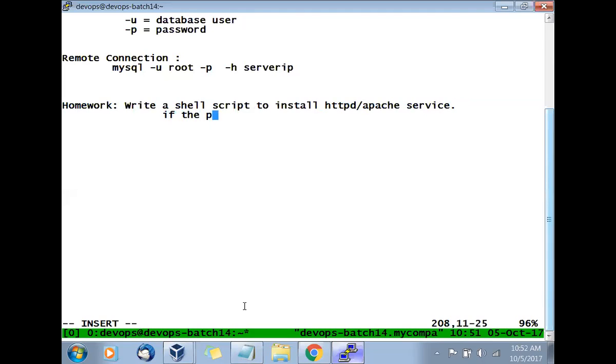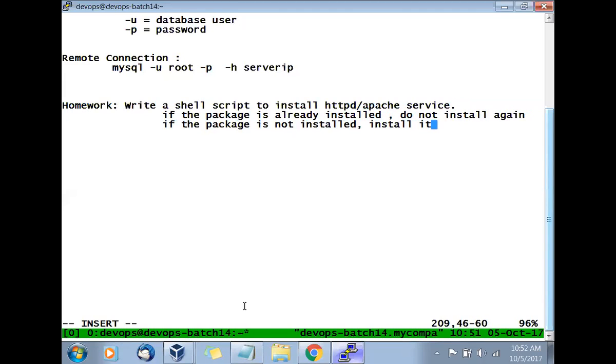Condition: if the package is already installed, do not install it again. If the package is not installed, install it. So this is a simple shell script you have to write. You have to check whether the HTTPD package is there or not. If it is not, install it. Very simple shell script. You need to write it.